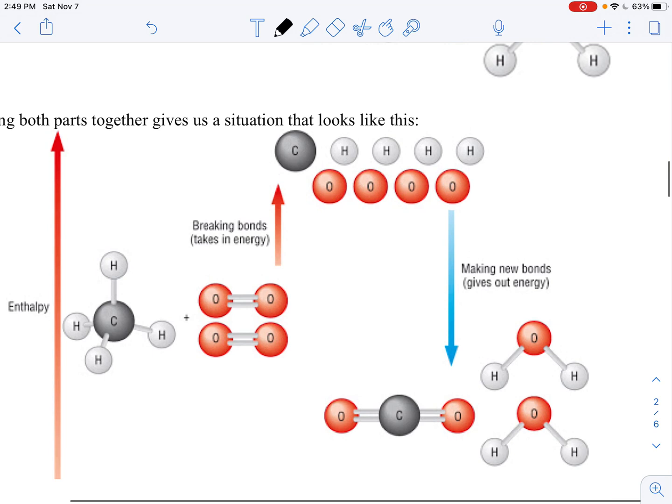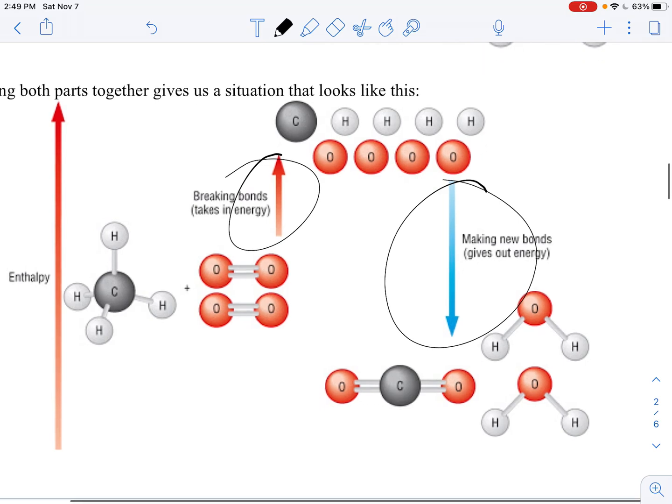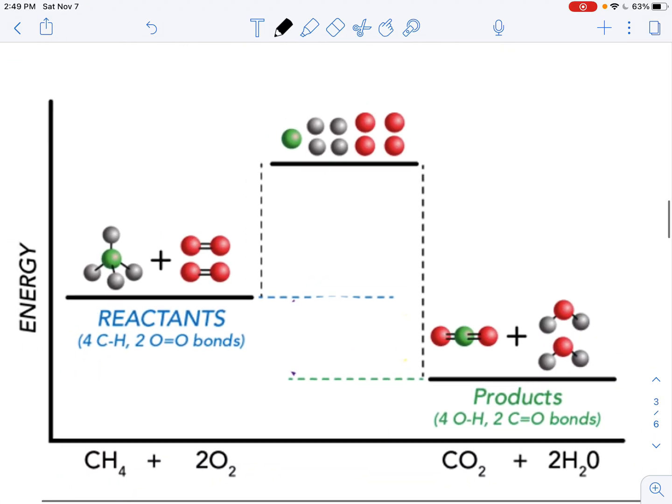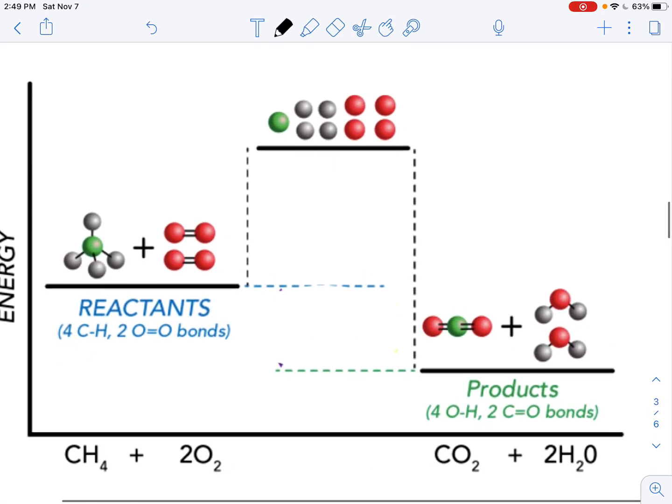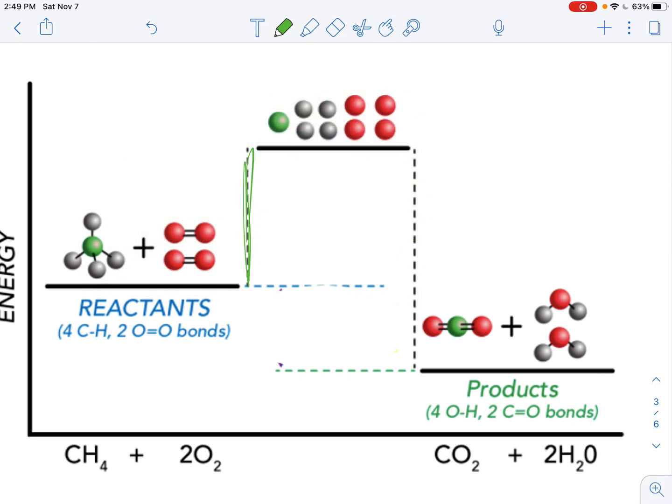So if we put everything together and we compare the amount of energy it requires to break the bonds and compare it to the amount of energy that we get back for making the bonds, and we compare those two numbers, what we end up then with is an overall scale where we can figure out, all right, well, if it took this much energy here to break the bonds, and I'm going to get this much energy back out of it for making the bonds,